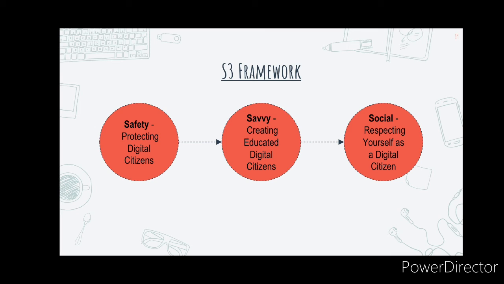It is here that we fully realize the possibilities of the online experience. So as we said, safety is for protection, protecting digital citizens. Or mas mabuti na being protected from or unlikely to cause danger, risk, or injury to yourself or others.